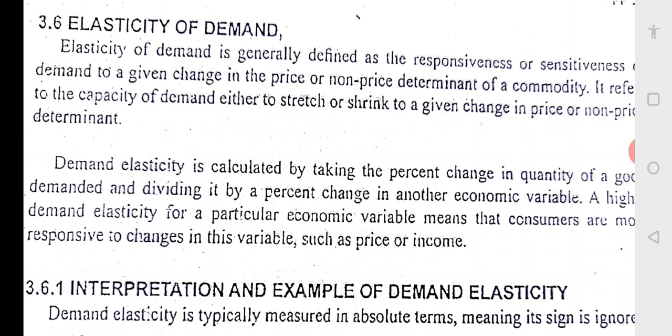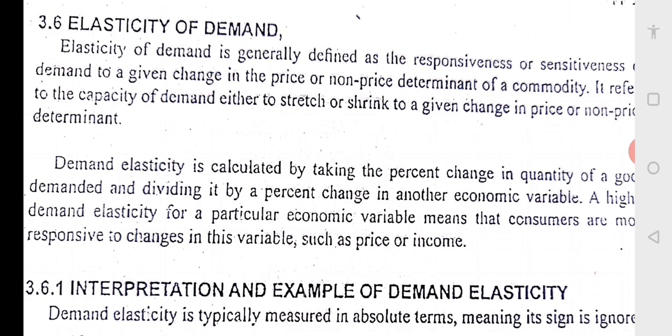Okay. Then international trade. This concept helps in finding out the terms of trade between two countries. Terms of trade mean the rate at which the domestic commodity is exchanged for foreign commodities. Public finance. This assists the government in formulating tax policies. In order to impose tax on a commodity, the government should take into consideration the demand elasticity. And nationalization. Elasticity of demand helps the government to decide about the nationalization of industries. I think you might have heard of nationalization of banks. Earlier banks were all private, then like State Bank of India, Corporation Bank, they are all nationalized.